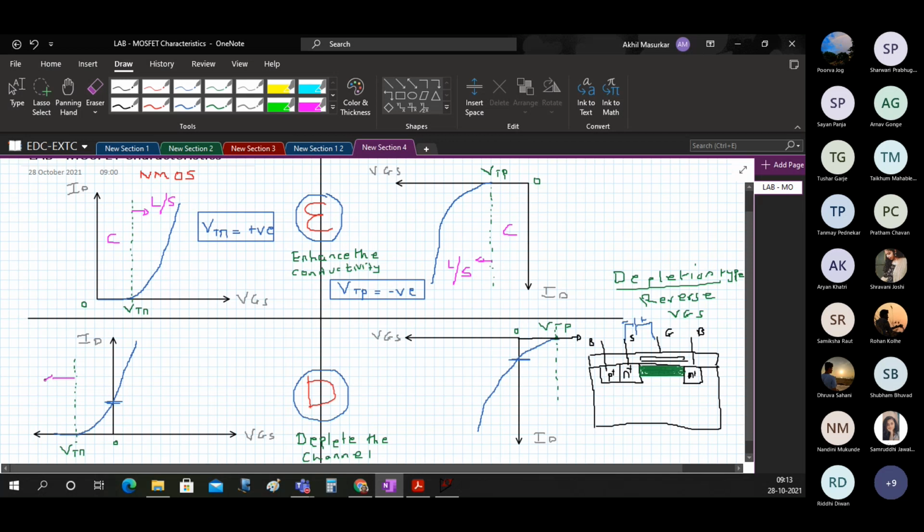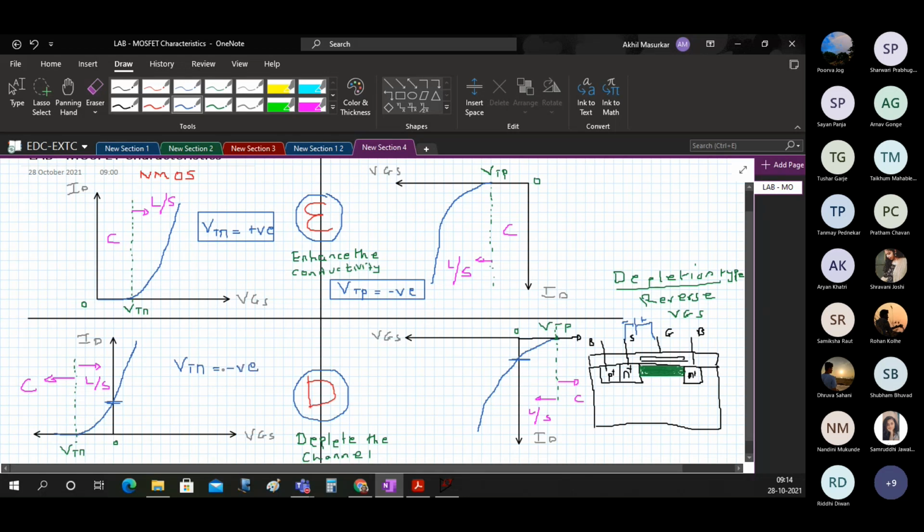Similarly, this side of threshold voltage is cutoff and this side would be linear or saturation. Similarly, where the current is 0, completely 0, that is cutoff, and the other side is going to be linear or saturation.